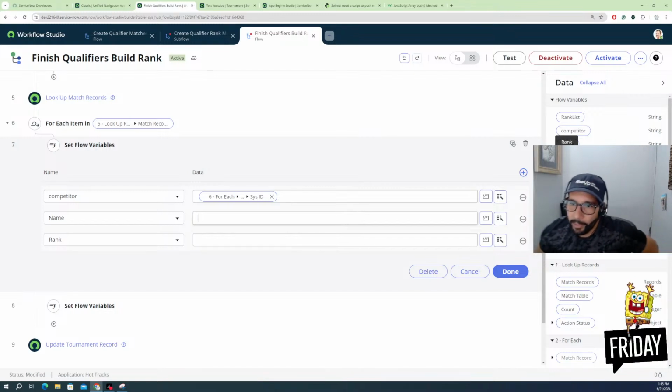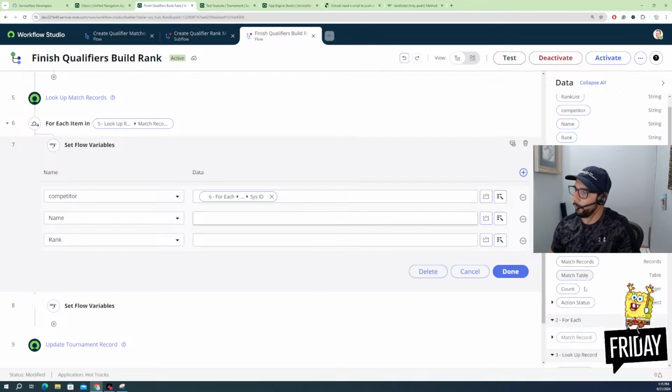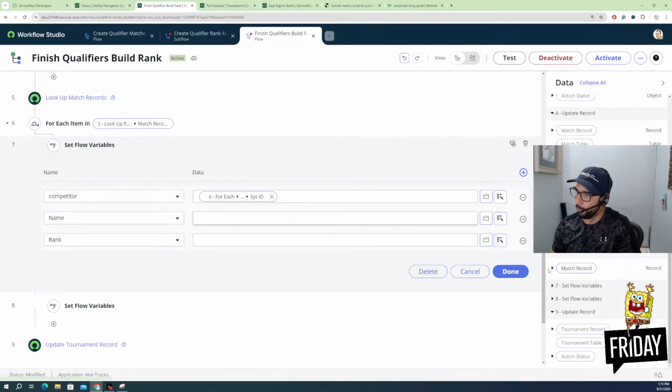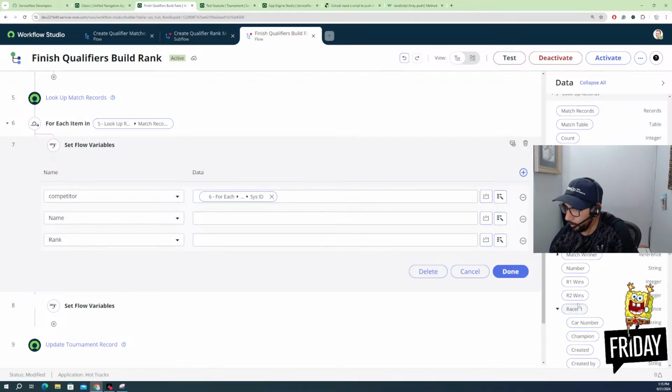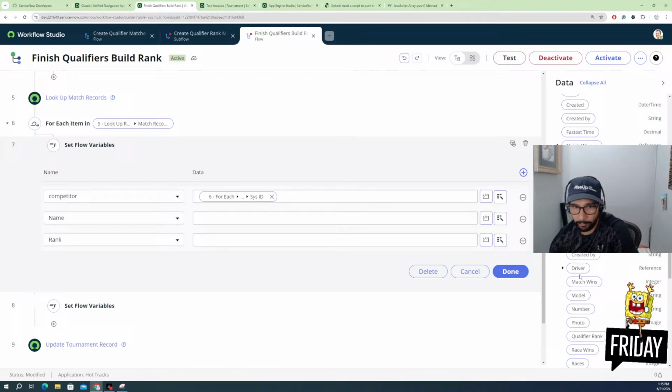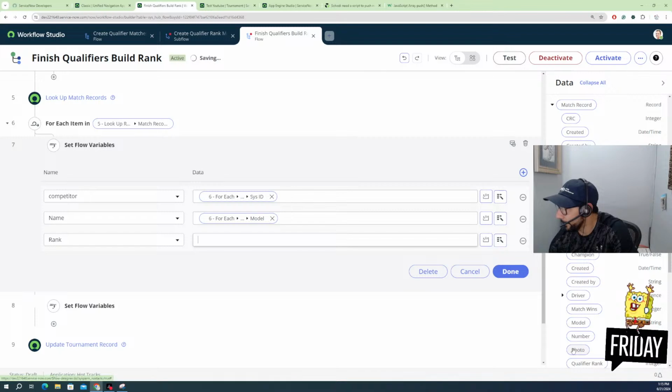Oh, okay, great. So we're going to assign our variables. Okay, so from our number 6 here, for each match, we got racer 1 is the one that we care about. So this is the thing. I think we need to add a name for it, but we're going to put the model. So the model is the short name for it. And then the rank, we're going to do,